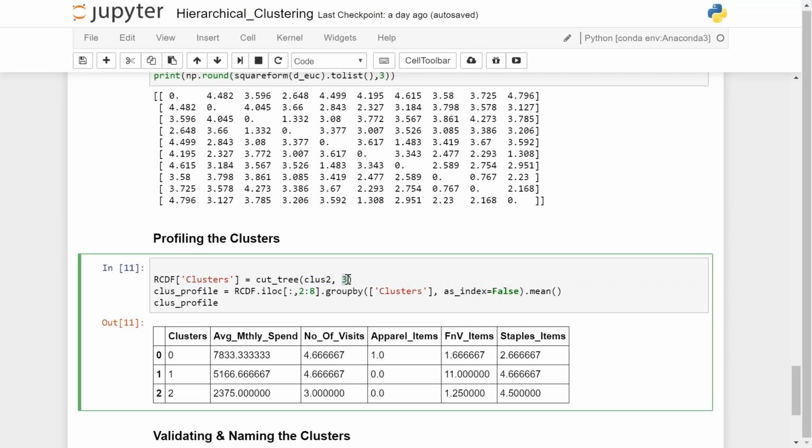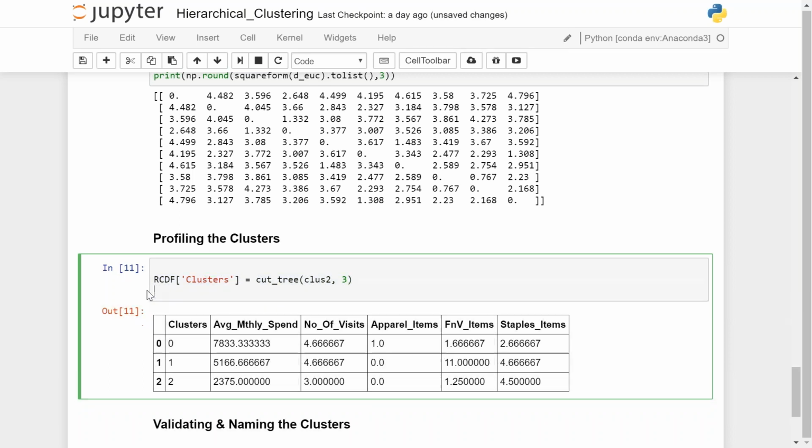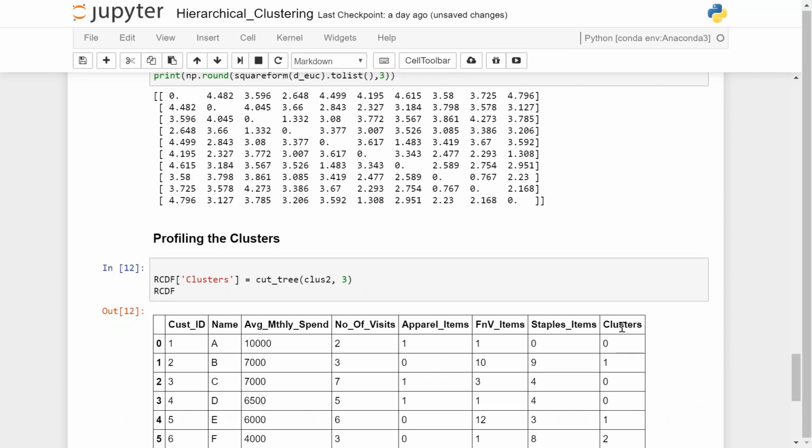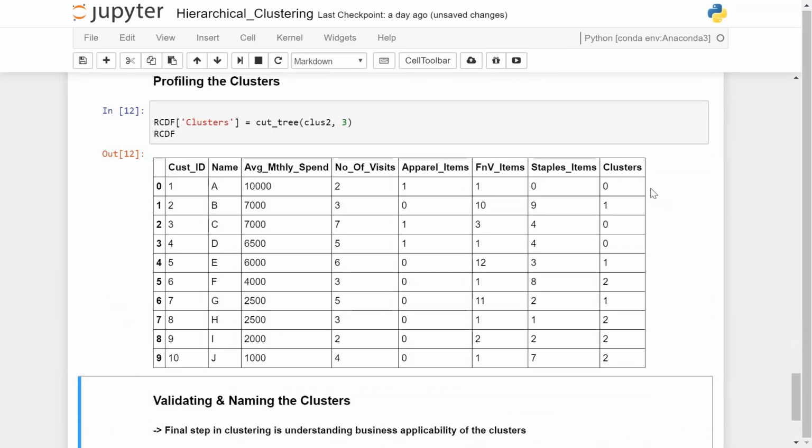What we are saying is the cluster should be broken into 3 clusters, and the labels will get introduced in our data frame, because on the left hand side I'm using our data frame and creating a new column, clusters. This part of the code, when you execute, let me remove this code and we write now here, having done that, RCTF. Can you see this new column getting introduced? Clusters,